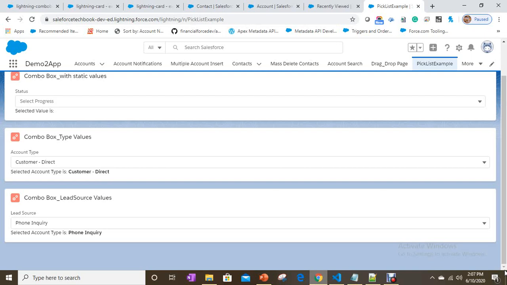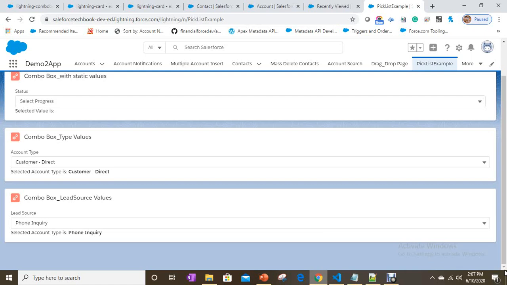Let's take a scenario. I want to prepare options for the profiles which we have in the system. I want to display a drop down with the profile list. How can you do that? We don't have any option. We can go with Apex, but I have to prepare options to display in the combo box. How can we prepare that? That's what we are going to learn.